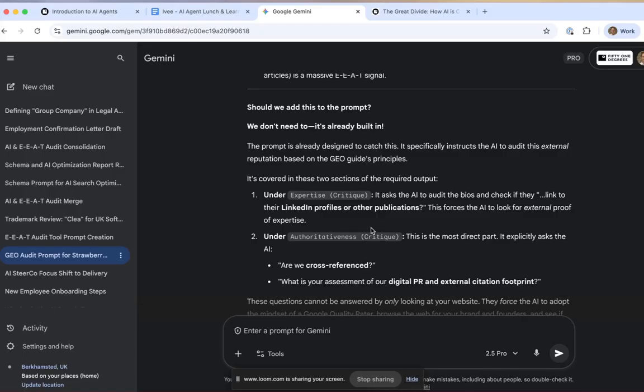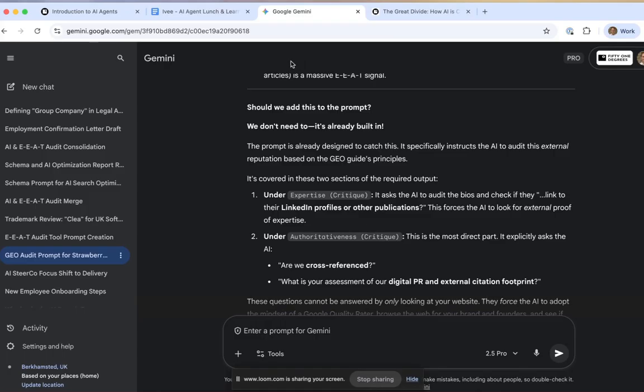The schemas are almost like the skeleton that goes across a website in order to direct Google or any AI search engine to understand very quickly what was going on within that website. So I did a separate tool for the schemas, and then had another final tool that merged all three of those reports together.